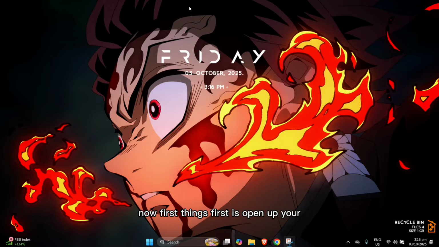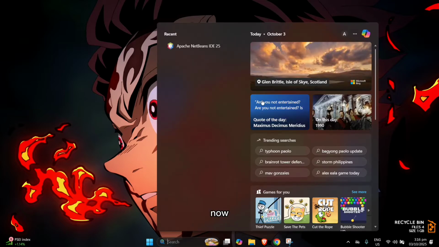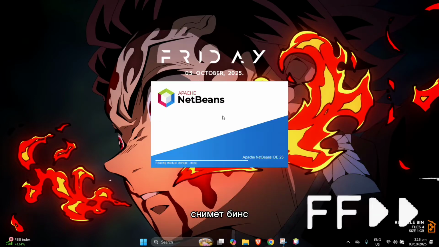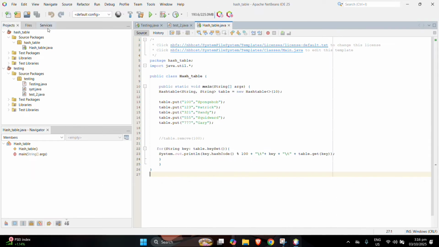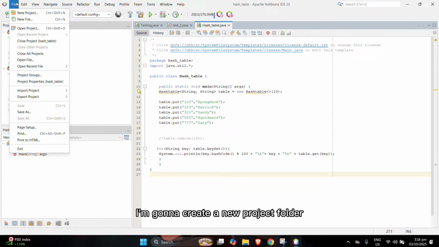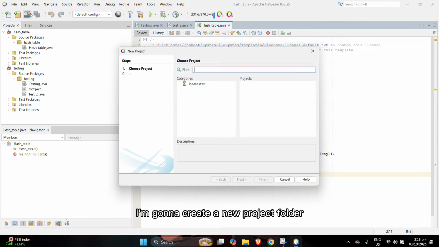First things first, open up your NetBeans or VS Code, whatever you prefer. Then I'm going to create a new project folder.